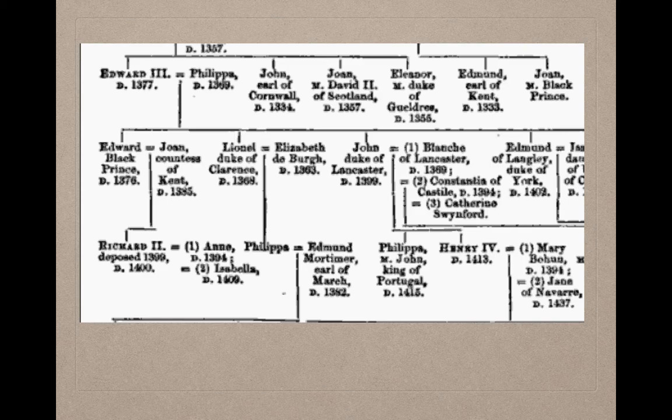So even though John never ascended to the throne, and he really wasn't ever a pretender to the throne, although some people talked about him as a possible candidate, his son rose to the throne. And these are the Wars of the Roses, and we won't talk in great detail about them, but you'll see that John is the Duke of Lancaster, his brother Edmund is the Duke of York. So the houses of Lancaster and York.